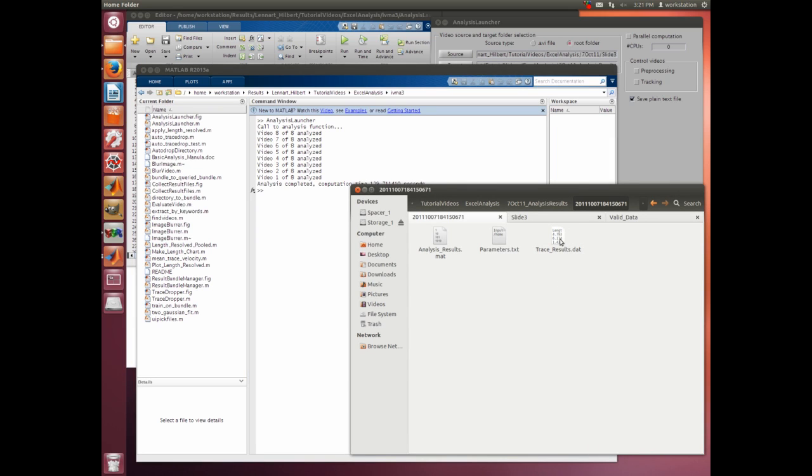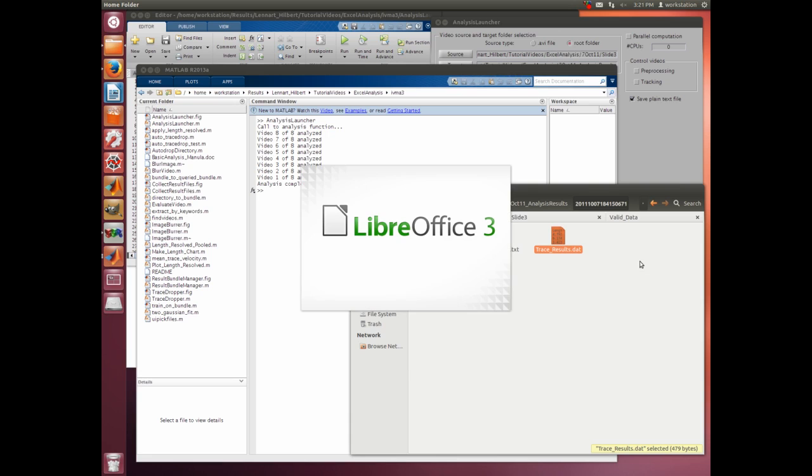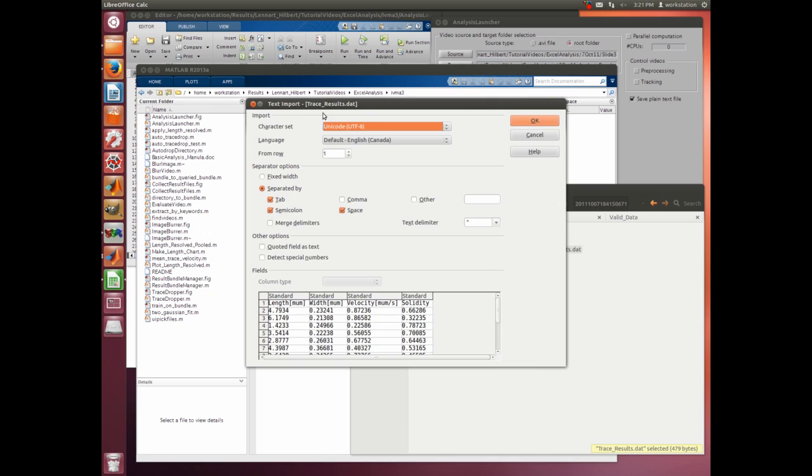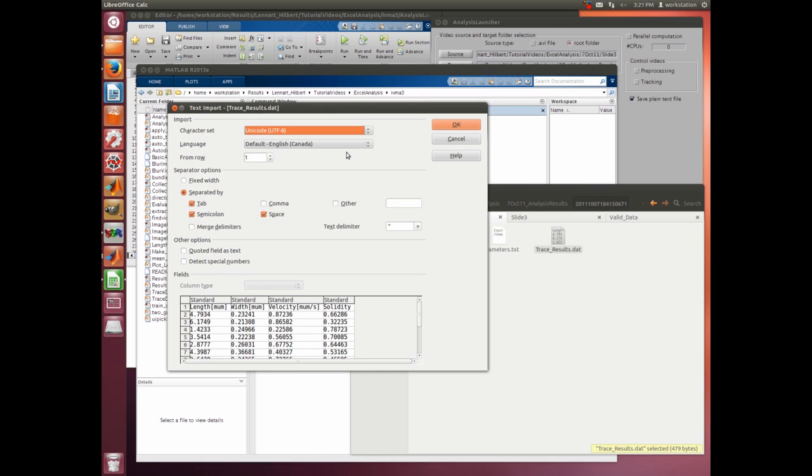So let's see how we can use this in a spreadsheet program. I'm going to use LibreOffice Calc, which compares to Excel or maybe another program, Numeric, and we're going to work with the files in there to get our results. It takes a moment to open again, and here it goes towards text import. The reason is that inside .dat the data are not formatted as in a spreadsheet, but we have to import them into a spreadsheet, and here